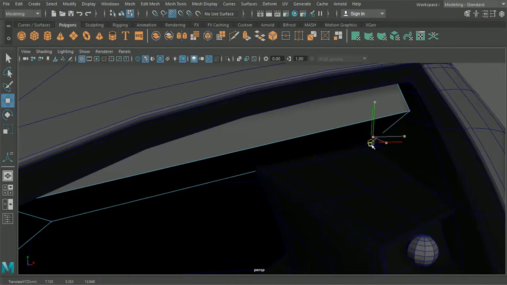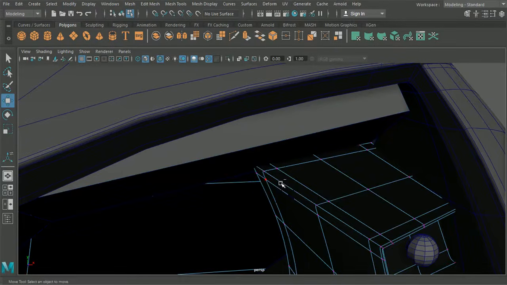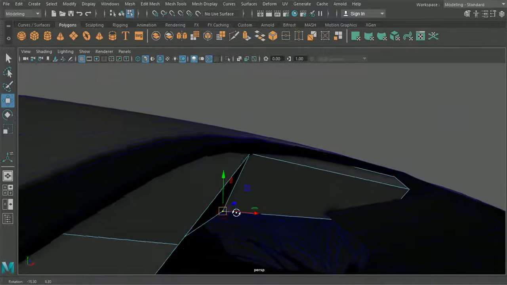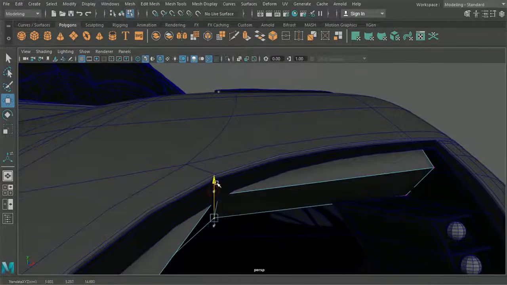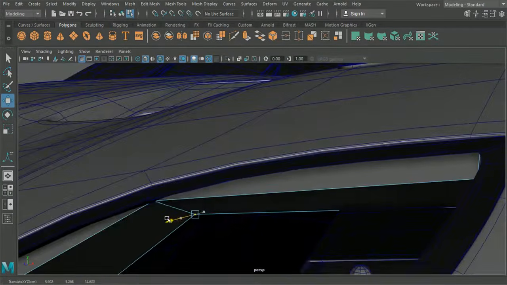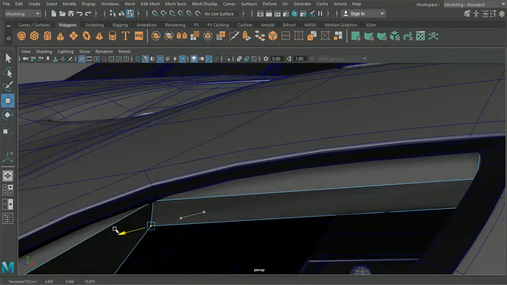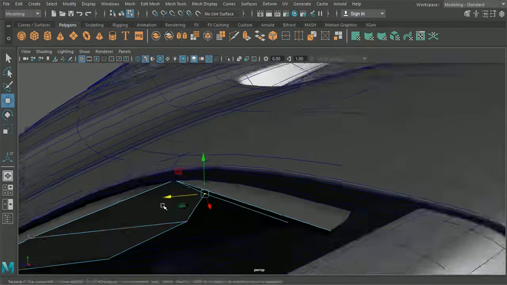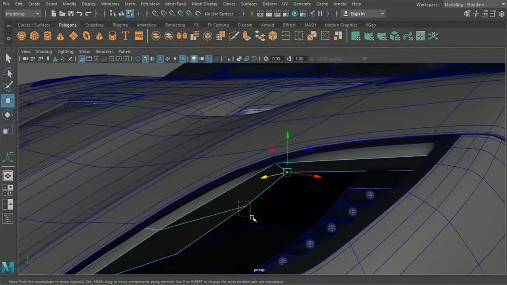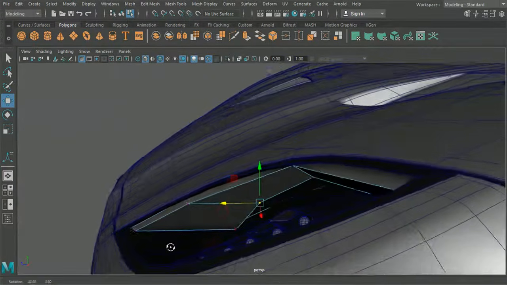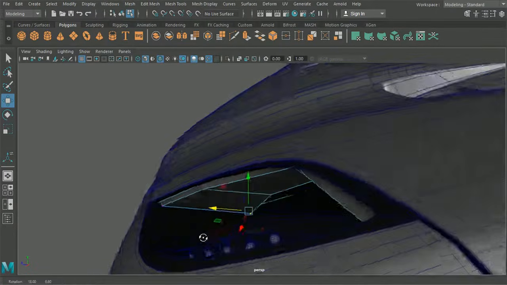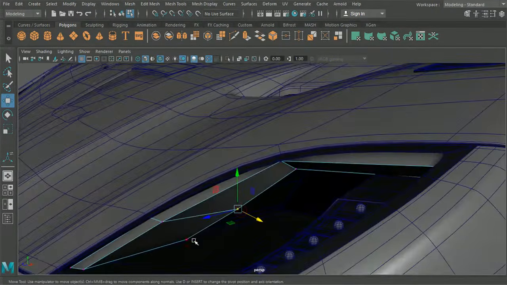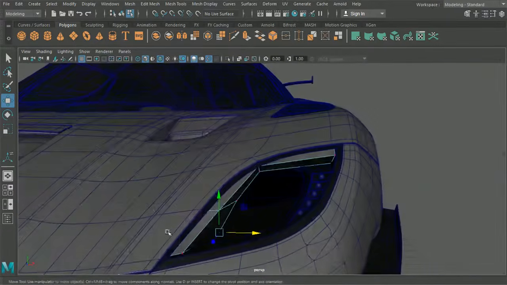So I'm actually going to merge that here. And bring this one up and in. So I think we want to be something like that, and then this edge, this vertices and this vertices can come in slightly as well.